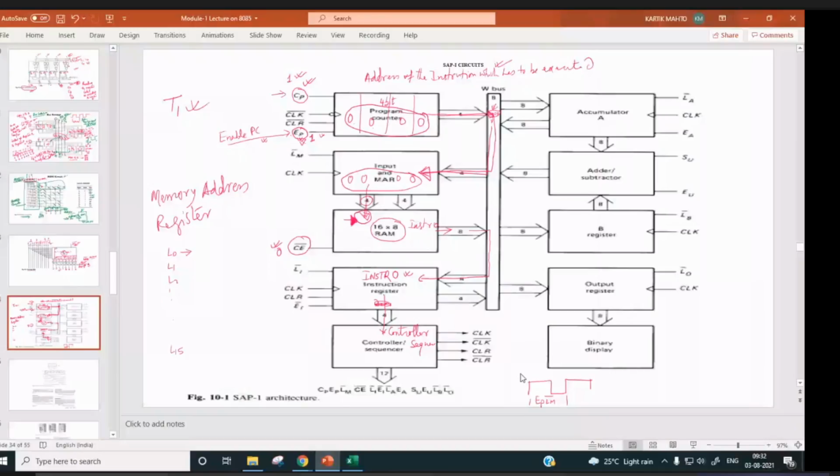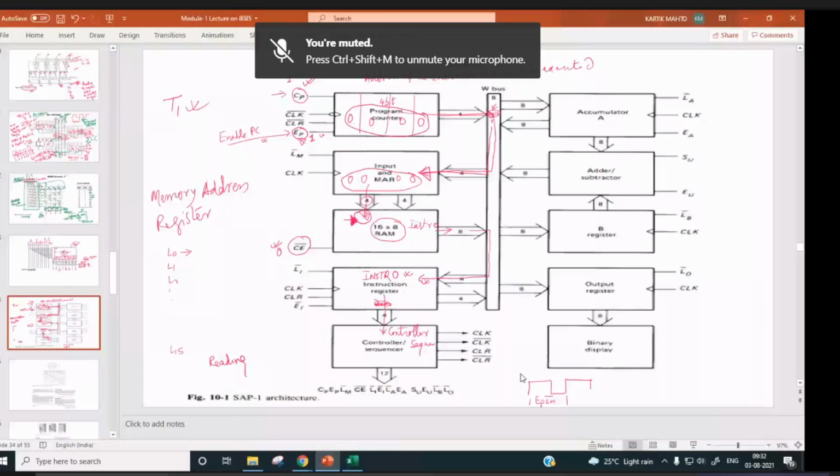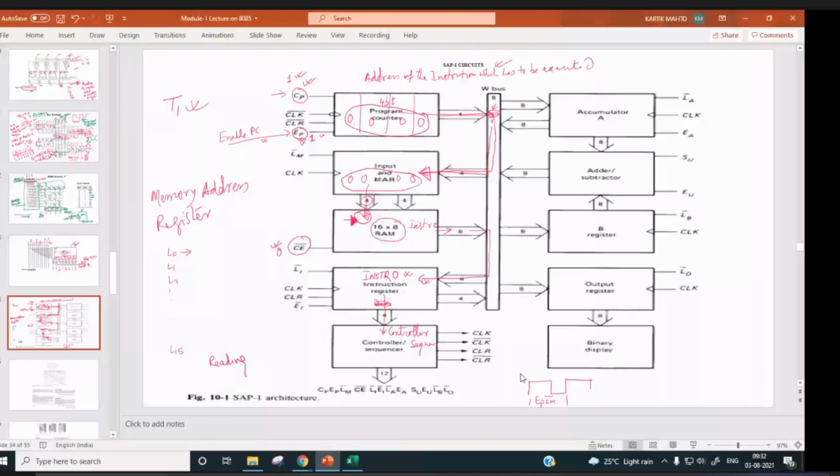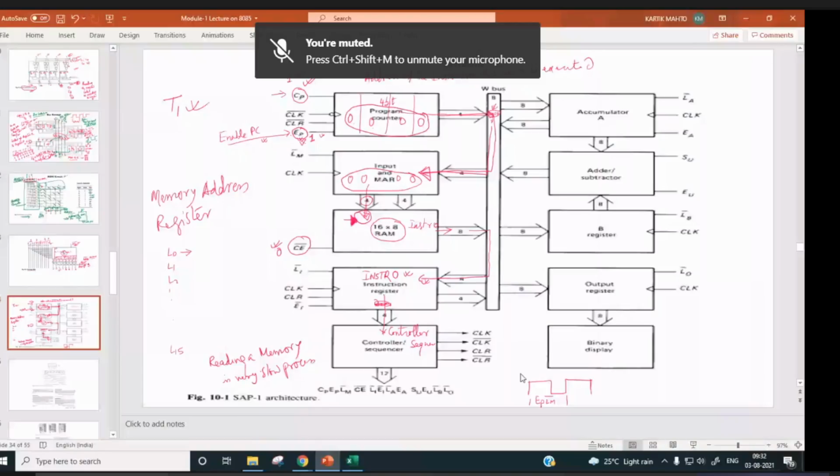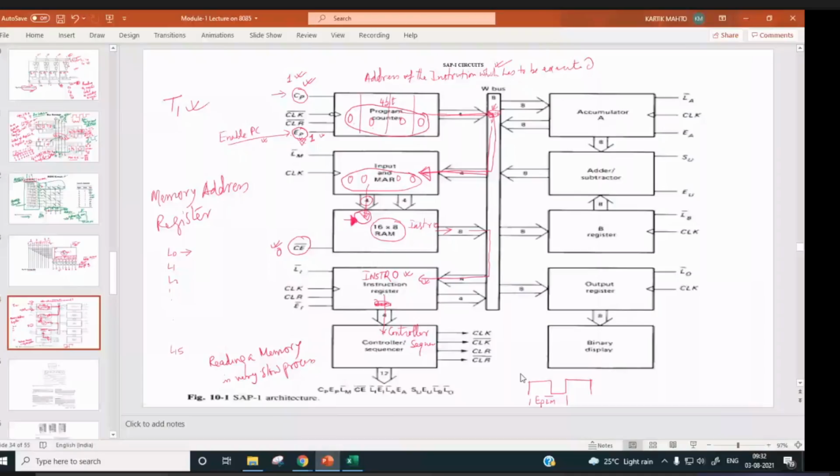Reading a memory is a very slow process, so it takes some time. During T2, the instruction from memory is not going to come out and go to the instruction register. Why?